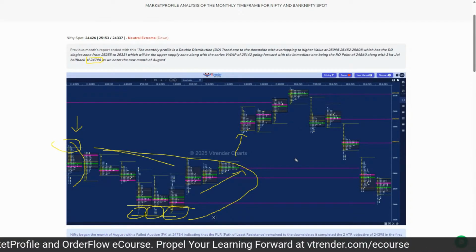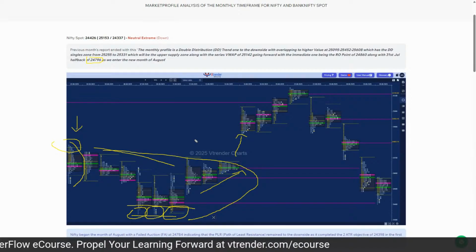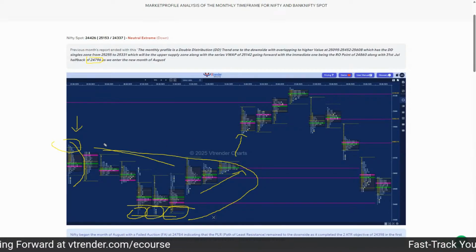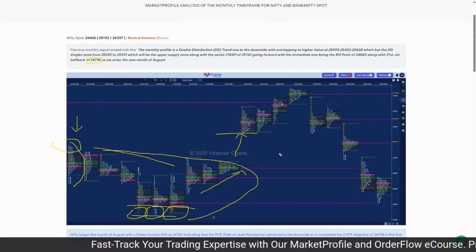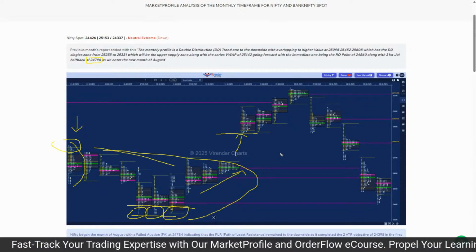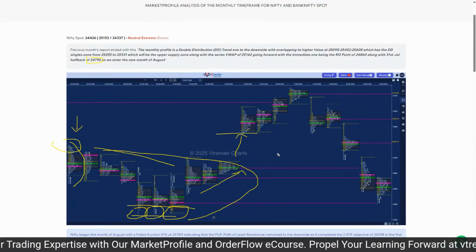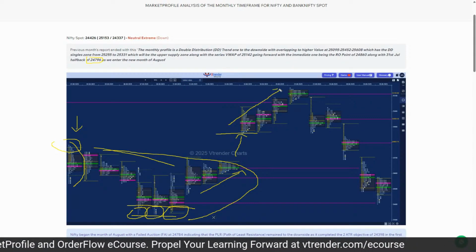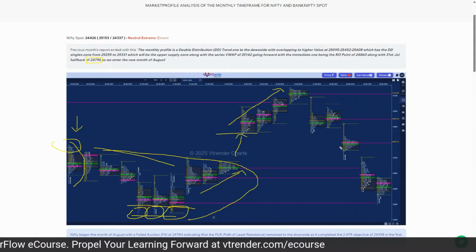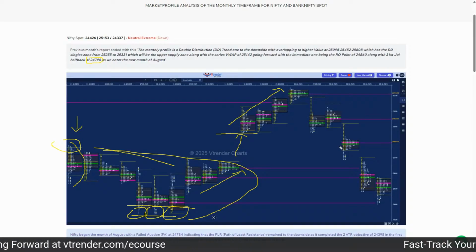week, we opened with this gap up, and this changed the character of the auction, which was looking like a B-shaped profile till then. Suddenly we saw the auction giving new highs with a gap up, and this was right at the rollover point, which was at 24860. So because this remained above the rollover point, we saw a small short covering move higher for the entire week from 18th to 21st of August.